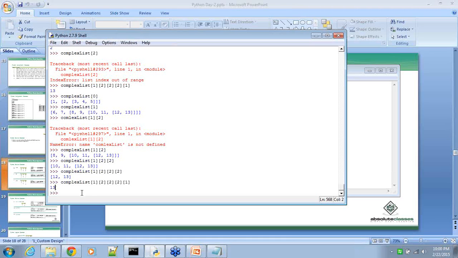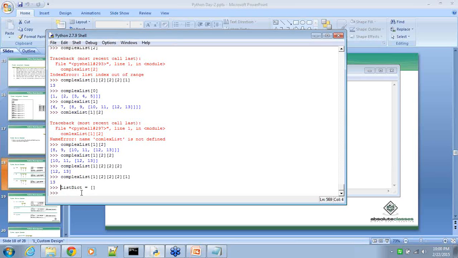For example, I want to create a dictionary inside a list. So let me say list_dict. What I have to do is, let's say this is the list. Sorry, I say list_dict equal to,